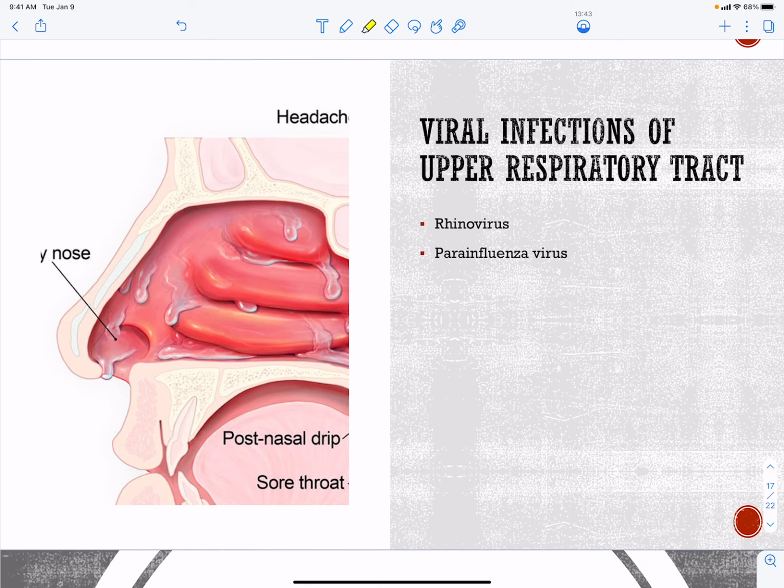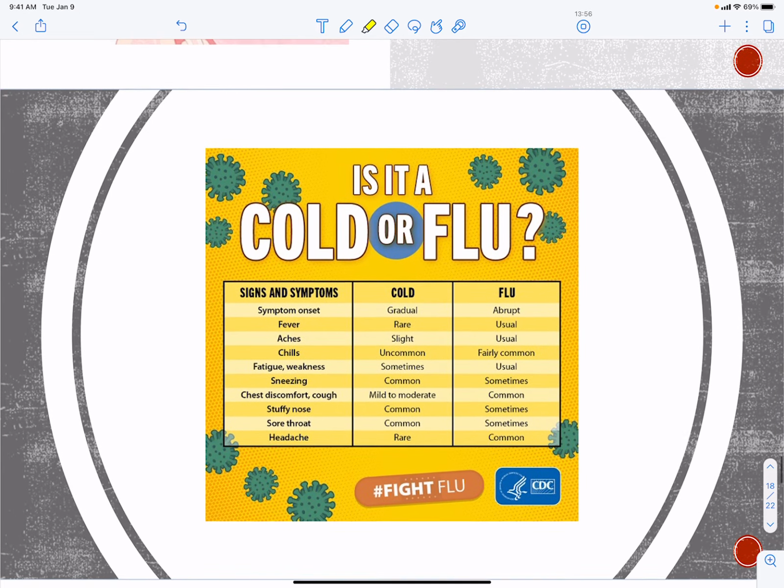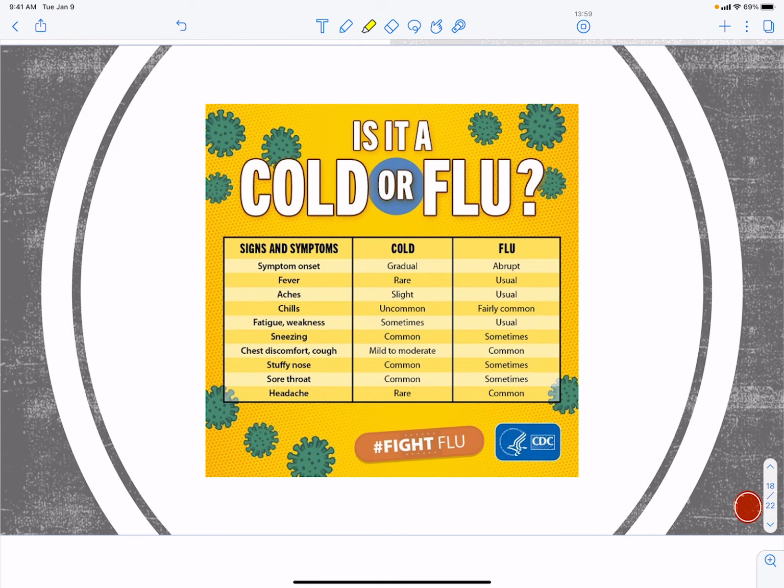All right, so one of the important things about the upper airways is they get infected quite commonly with viruses. Two very common viruses of the upper respiratory tract are rhinovirus and parainfluenza virus. So one of the questions always is, how do I know if I have a cold or if I have the flu? So one thing to keep in mind with a cold, you start feeling just a little irritated, and